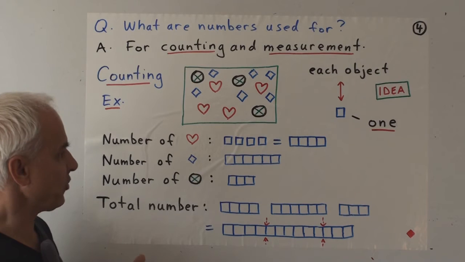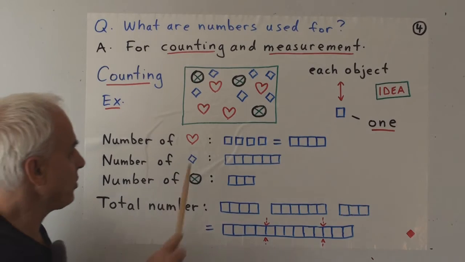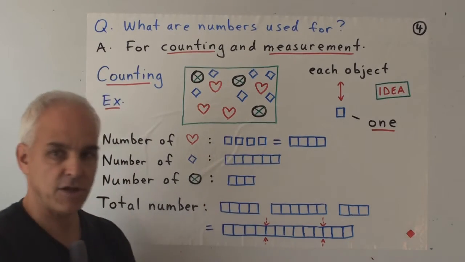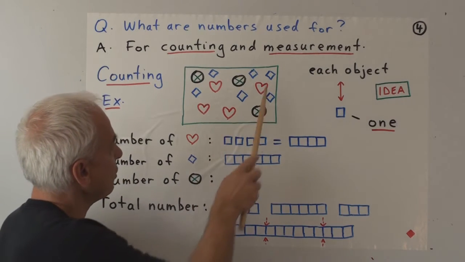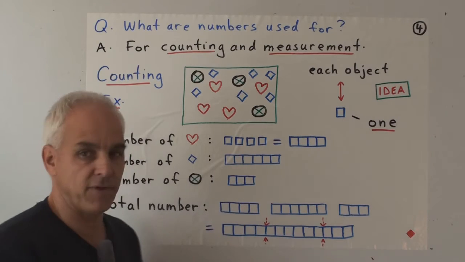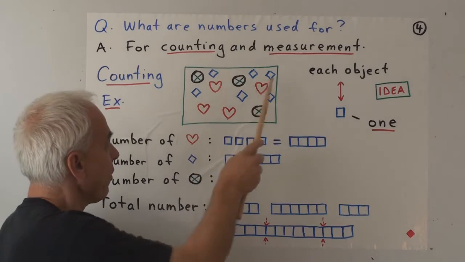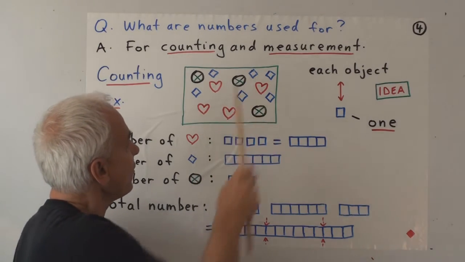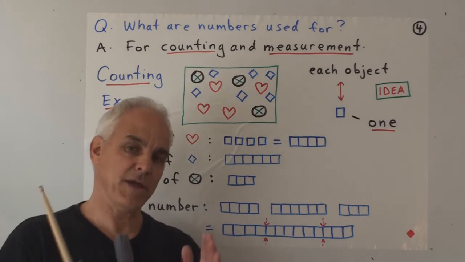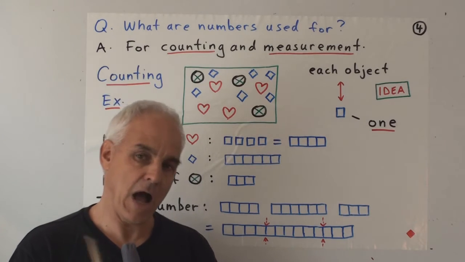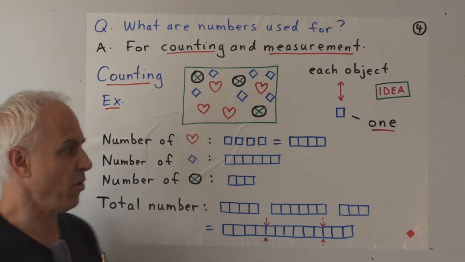So let's illustrate counting with some examples. Suppose we want to count how many things there are in this collection. Okay, you can see a number of hearts, you can see some blue diamonds, and then you can see some sort of circles with the crosses inside them. So for us, of course, it's very easy. We would just go, well, there are 4 hearts, and there are 6 diamonds, and there are 3 circles. But let's suppose that we have our kindergarten understanding of numbers. How would we count various things with this very simple-minded approach?